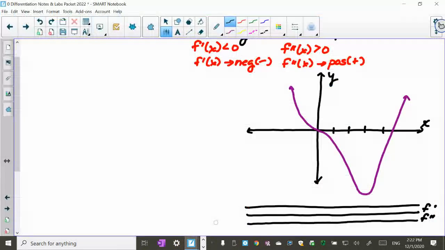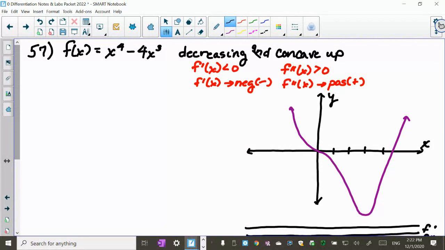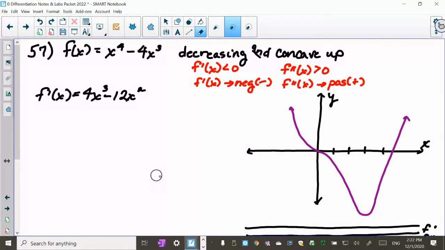So let's do the work. The first thing is you do your first derivative, because that's the increasing and decreasing part. And when I do the first derivative, after I'm done, I'm going to set it equal to 0, because that's when my turning points in my graph have a slope of 0. So I have f prime of x equals 4x cubed minus 12x squared. So basically, the math is not that hard. I just want to make sure that you understand